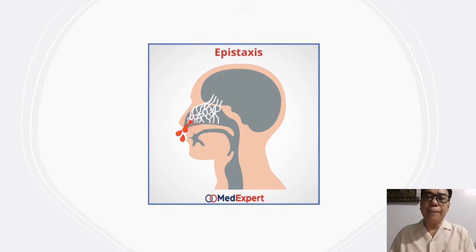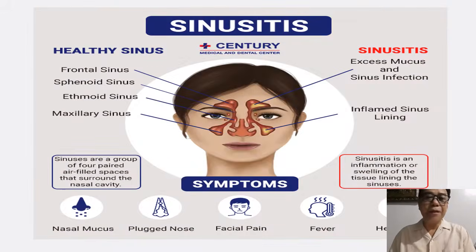And lastly, we could also tell them to notify the physician if ever the epistaxis is recurrent, meaning to say it goes every now and then. Okay? Because if the patient is usually experiencing epistaxis, it might indicate presence of possible serious problems like hypertension, like rheumatic heart disease, and even cancer. Okay? So next one that we're going to discuss is sinusitis.